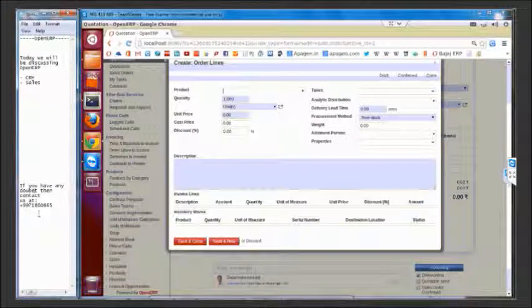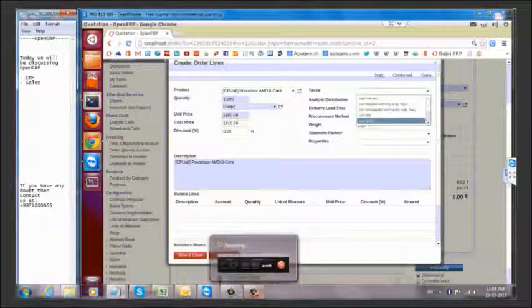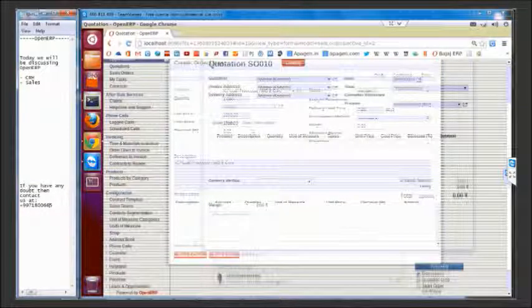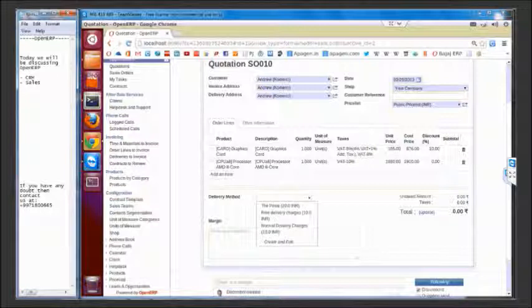Let's choose another product, choose some taxes and close. As soon as we add a product, all information is automatically updated here.